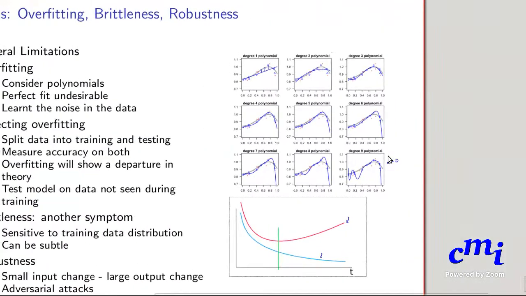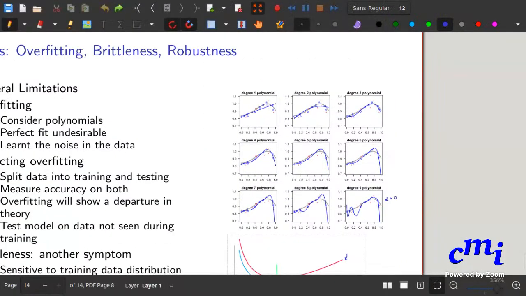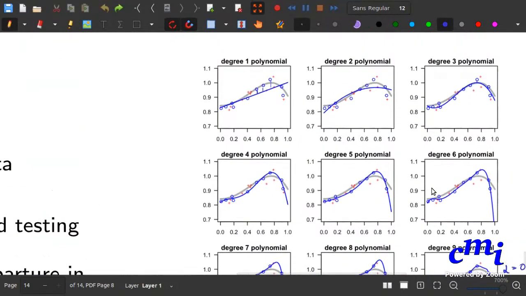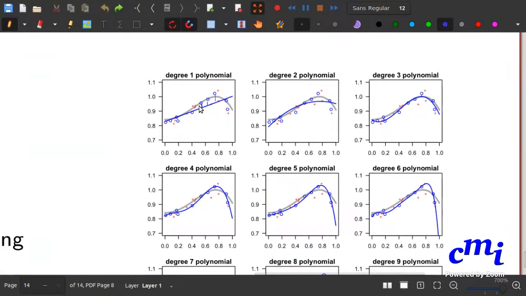So, for example, consider a situation where we have a polynomial, right? We have some data that is, roughly speaking, distributed along this gray line, and these blue points are my actual data points, while the red points are going to be data that I'll get to see once I actually deploy the model, right? While training, I'm seeing only the blue points, but in real life, when I try using the model, I'll see more and more new points along the same sort of distribution. Those will be my red points, let's say.